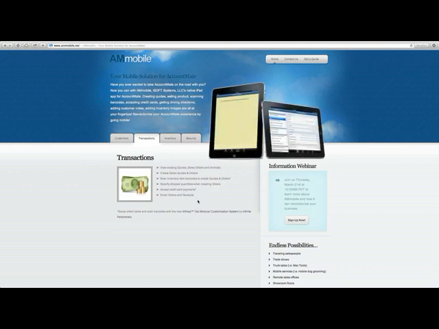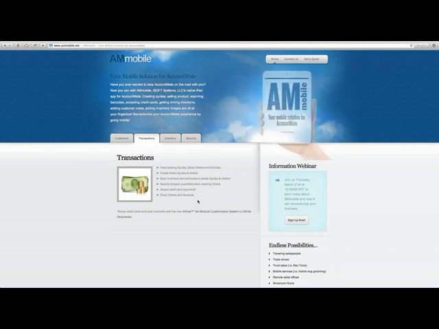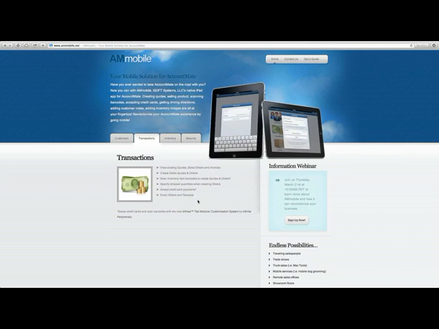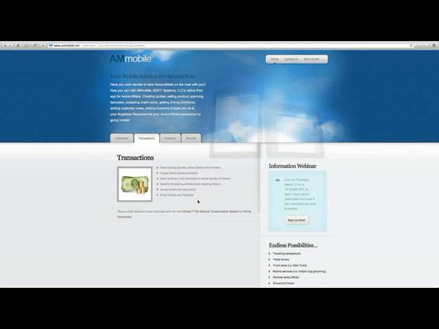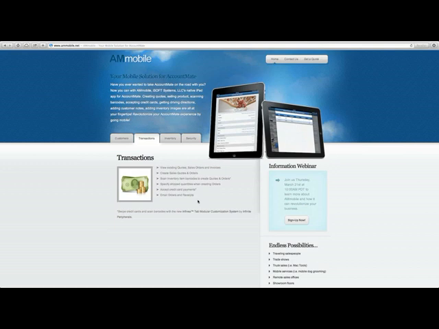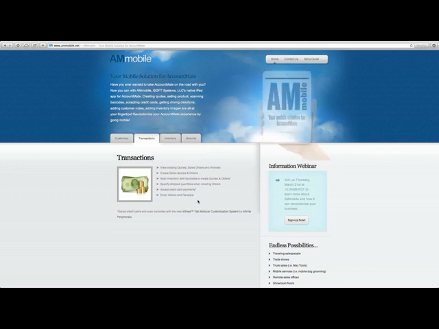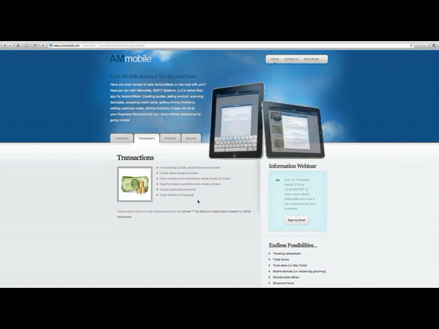Our first question deals with data. The attendee asks, what is the maximum data you can load to the iPad? She says she has 20 years worth of data in AccountMate. Are there any limits in terms of the data that's loaded on the iPad? Okay, well, first of all, you have to have the space on your iPad to hold the data. Sean, go into the app and show